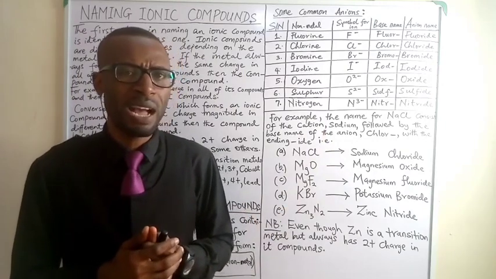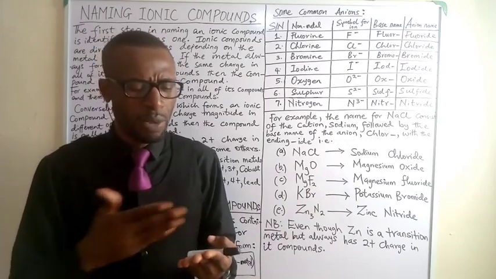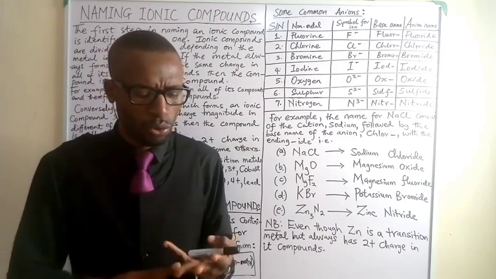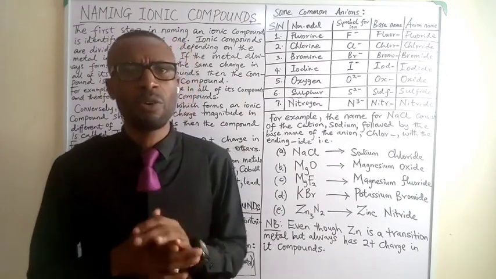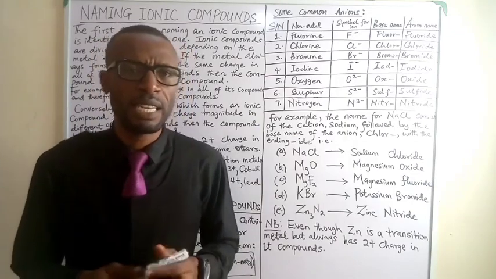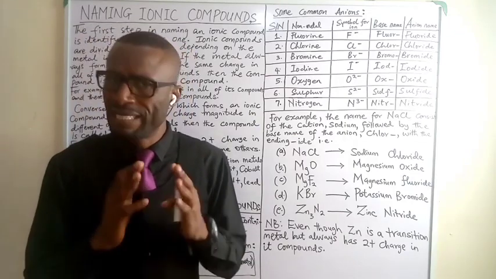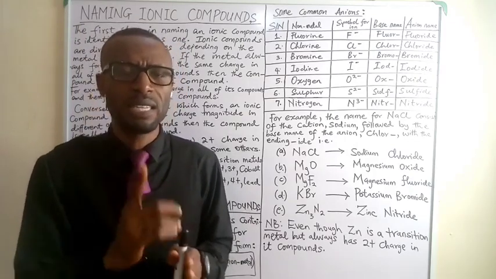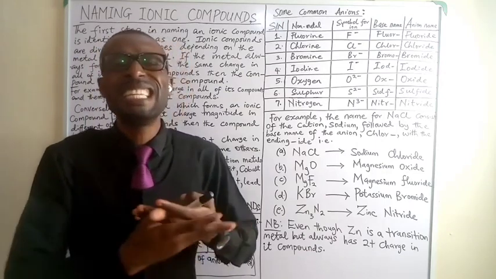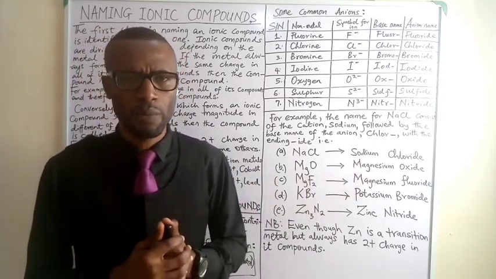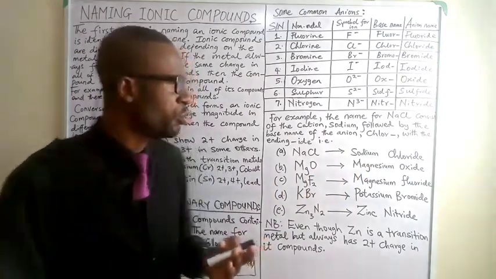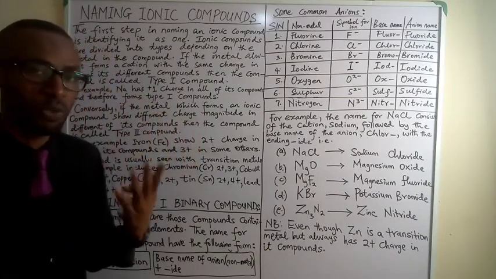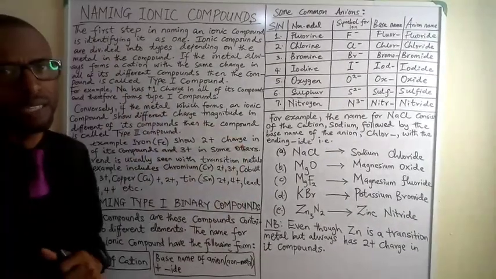Okay, so when you have a metal from the main groups I've mentioned, group 1, 2, and 13, in an ionic compound, of course, that compound is definitely a type 1 ionic compound. And this is again because these metals will only have one oxidation state, or one charge and charge magnitude, in their different ionic compounds. Okay, an example of that is seen in sodium. Sodium will always show a +1 charge in all its ionic compounds.